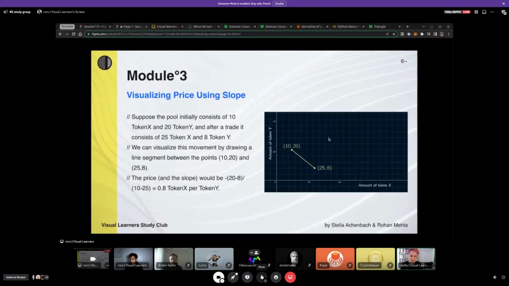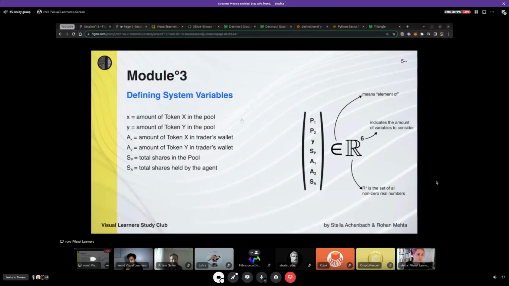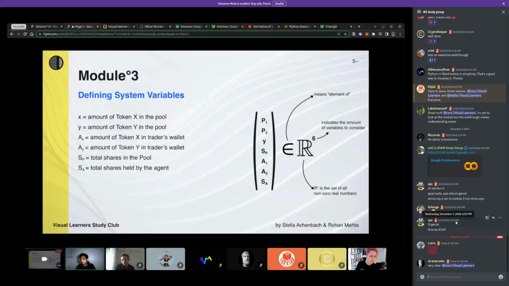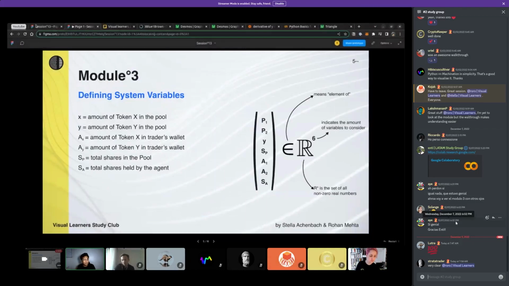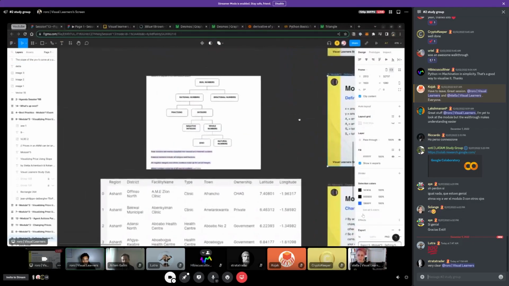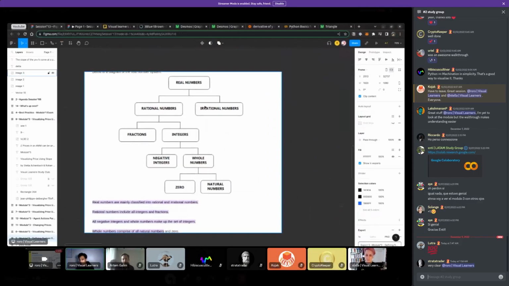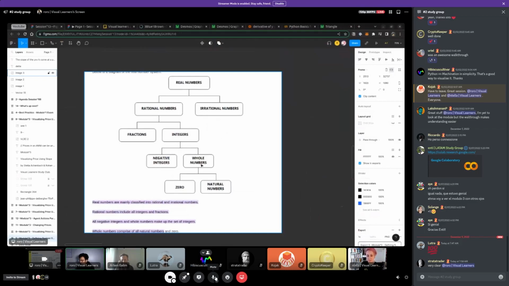Is this in any capacity unclear as of right now? All right. I guess I didn't cover also the fact that there are different kinds of numbers. If we go here, this is where I just added this: the real numbers, the irrational numbers, rational numbers, fractions we know, and integers like 1, 2, 3, 4, 5. There could be negative and positive integers. Positive integers are basically called whole numbers.